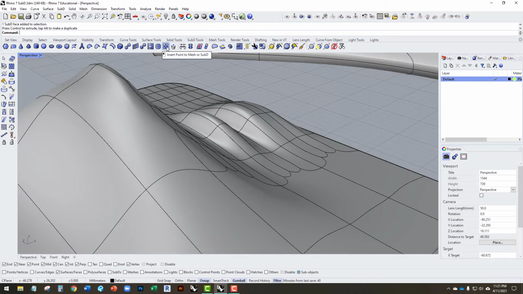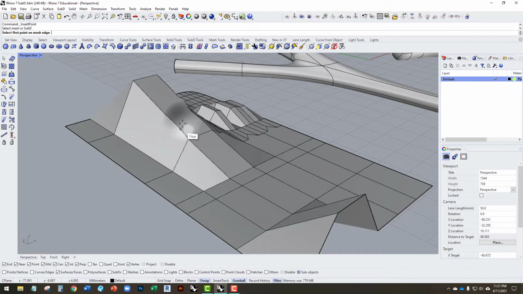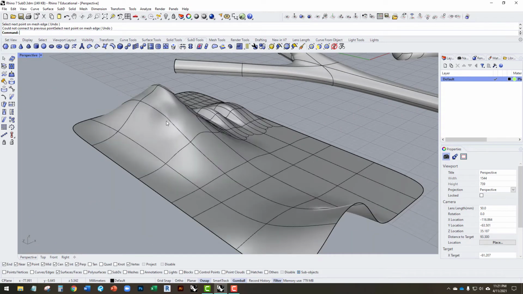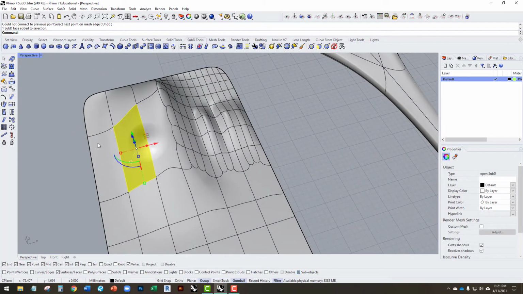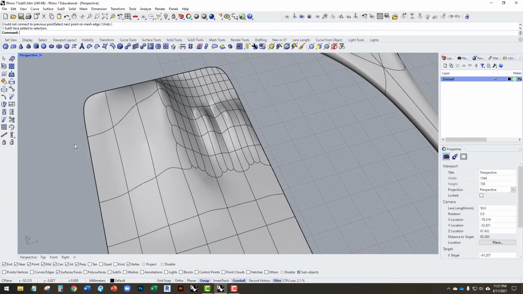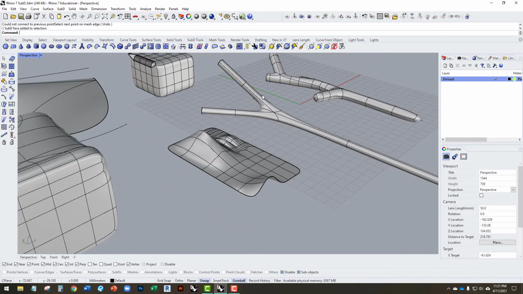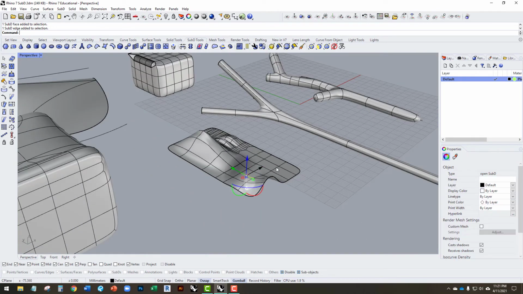Okay, so we can also insert points. So adding points to this can also add control. We can also delete faces. We showed that earlier. This is a useful one, bridge meshes or SubDs. So if we wanted to bridge two meshes together,